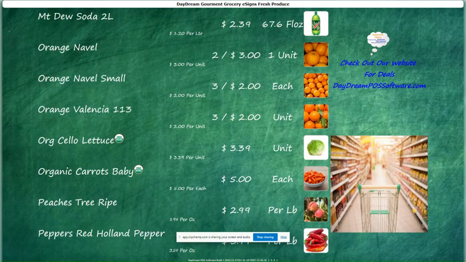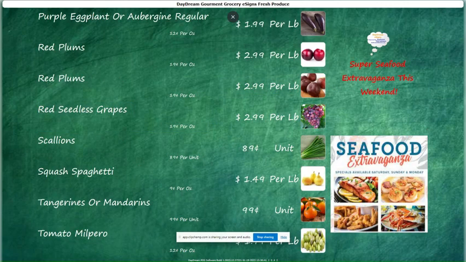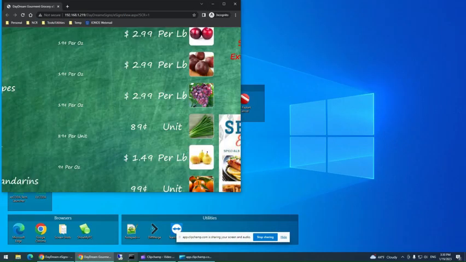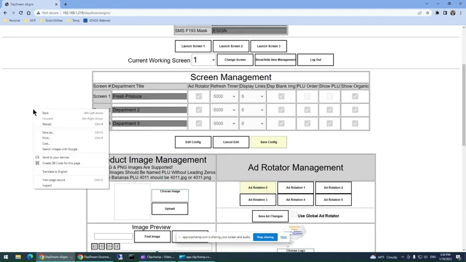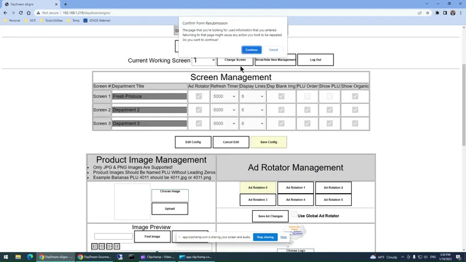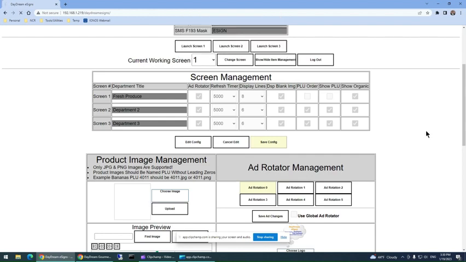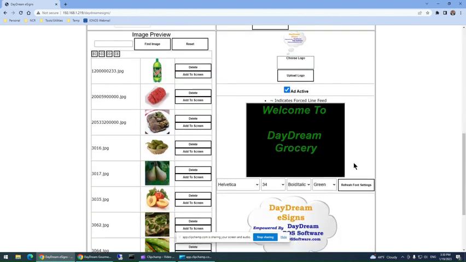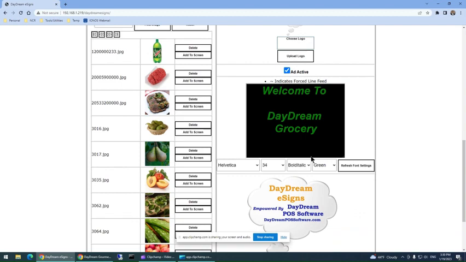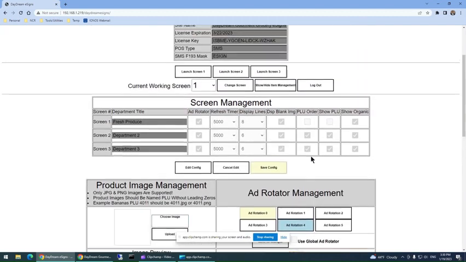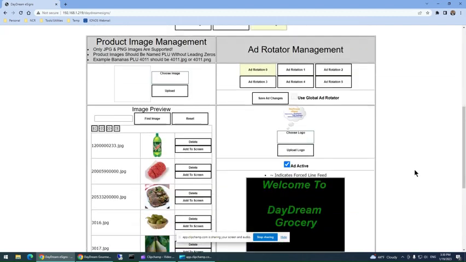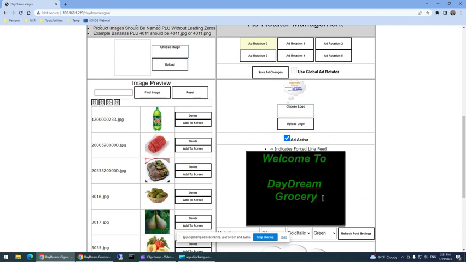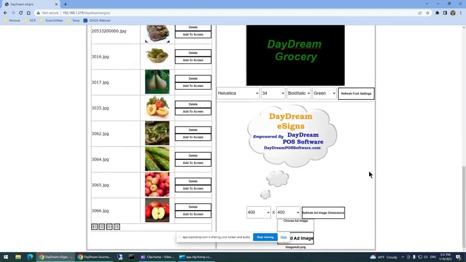So if I do take those changes, one more thing, I come over here to my admin side. Maybe just reload it. It still has everything there. And that's